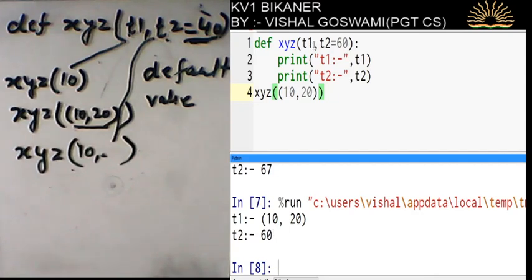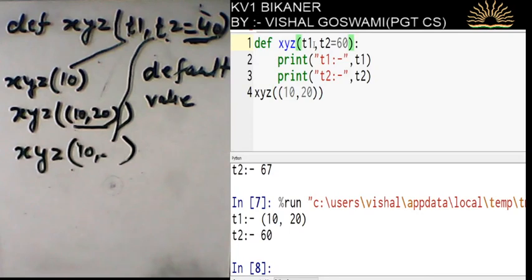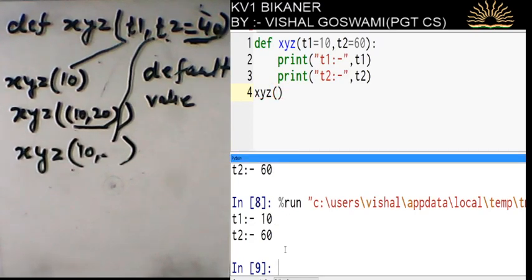Now if I provide the default value to t1 also, and I call this function without any value, the values will be 10 and 60.